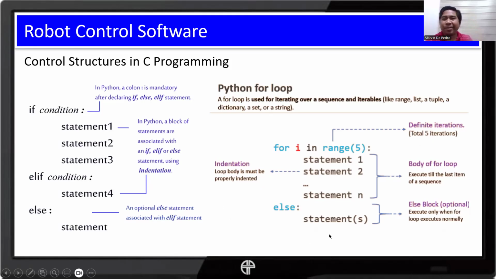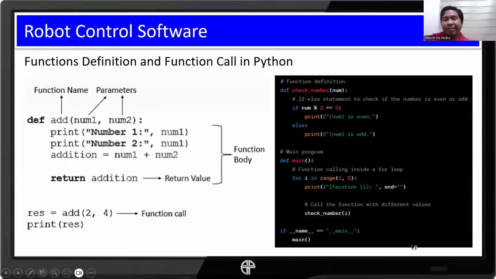Regarding control structures in Python, now this is something I consider more important when it comes to Python. When we are creating a function, of course, we define that by using the def keyword.